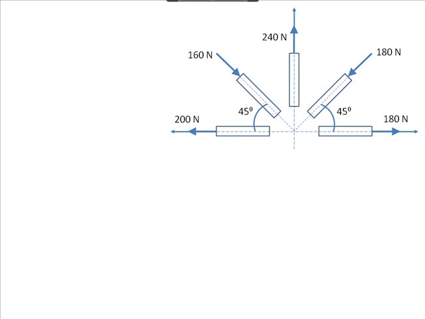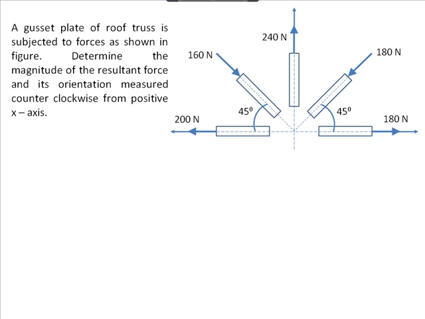Here, 1, 2, 3, 4, 5 forces. The problem reads like this. A gusset plate of roof truss is subjected to forces as shown in figure. Determine the magnitude of the resultant force and its orientation measured counterclockwise from positive x-axis. As I said earlier, let it be part of any machinery, truss, hook or whatever. Our concern is forces are concurrent, and if they are in one plane, we follow our standard method of summing